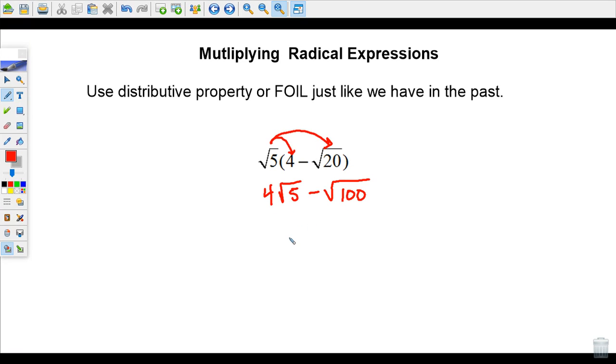Now we can simplify. For radical 5, I can't do anything to the radical 5. It doesn't have any perfect square factors, so just copy it down. Minus radical 100. 100 is a perfect square. Radical 100 is 10. And then I would look to see if I can combine any like terms, add, subtract things together. All I have is subtraction here, but these are not like terms. This has a radical 5. This one does not. This would be my simplified